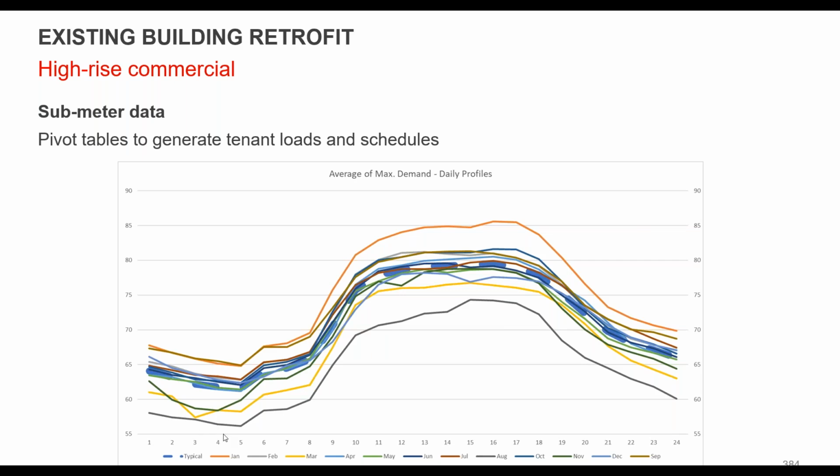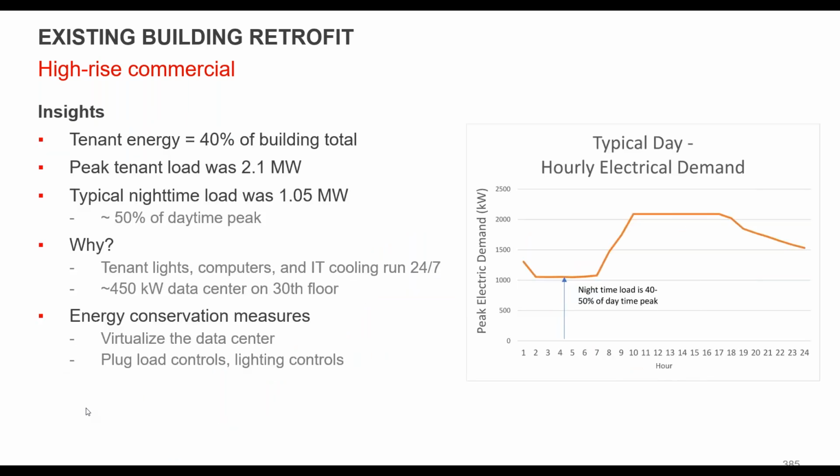And that was one interesting point that pointed us in the direction of creating this calibrated model. So insights from what we found from that, what data did we gather? What did we learn that helped us calibrate it? One was that tenant energy, and again, this is just the small power, lighting, and IT, was 40% of the total of the building. So there's a lot of back of house spaces here too.